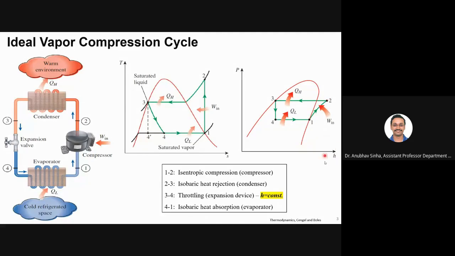So this is your first process, from 1 to 2. Enthalpy is increasing. Although it is an isentropic process, we are doing work, so temperature is rising. Because of that, pressure and enthalpy both will increase. So it goes from 1 to 2. This is how you draw an isentropic process on a p-H plot. Now the second process is, okay, this is interesting.